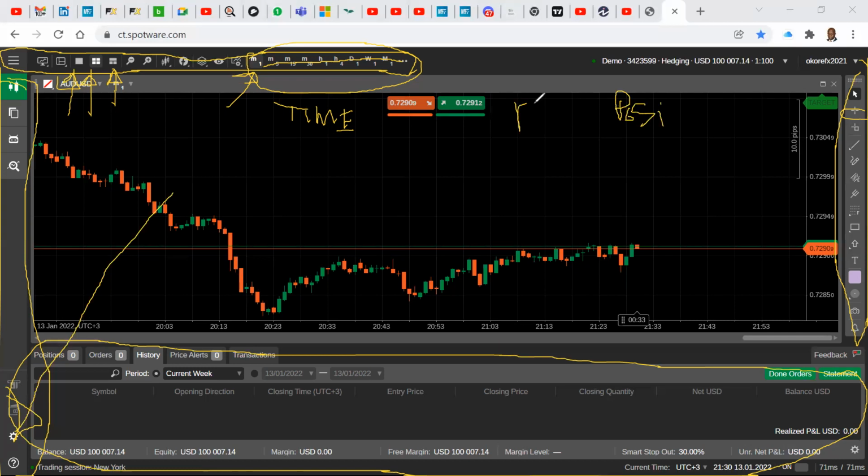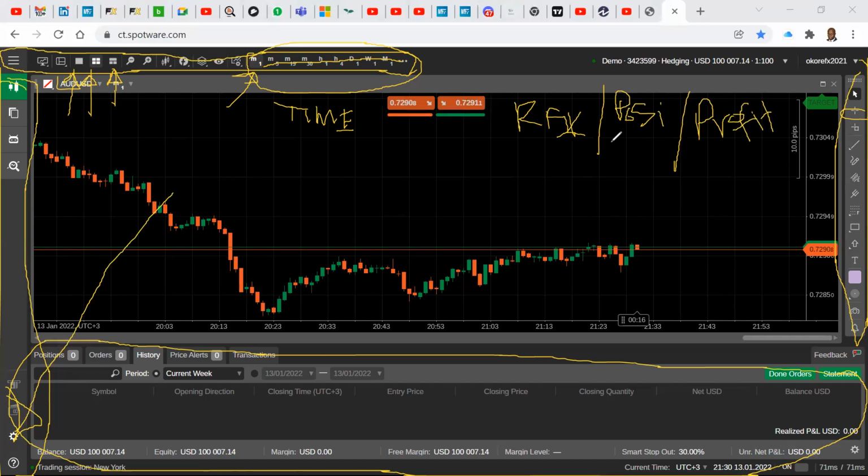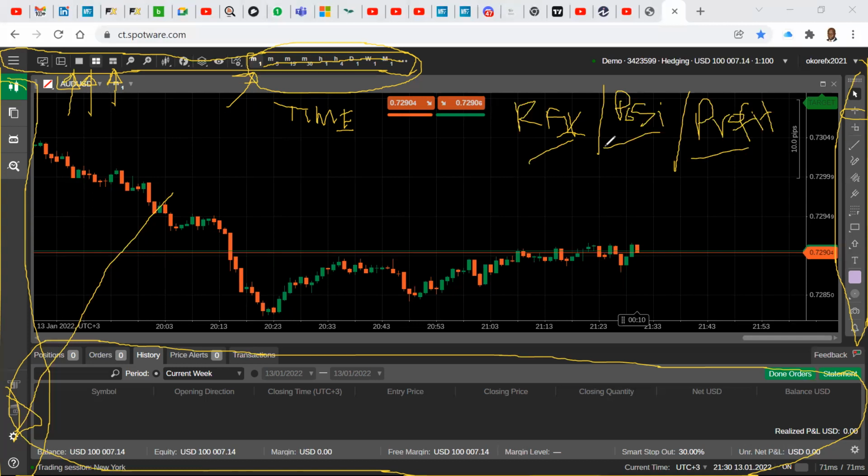In fact, the risk you'll be taking, the position you'll be taking, and the profits. So the 3 things that you always have to deal with when you're taking a trade: risk, position, profit.